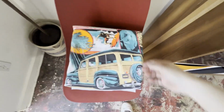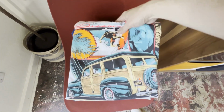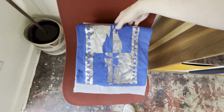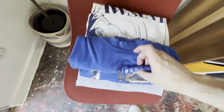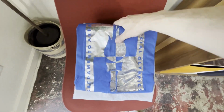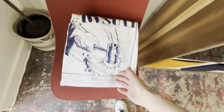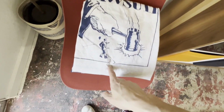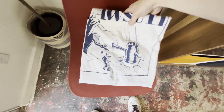Starting with the shirts, here's this California Dreamin' Woody shirt. It's on an extra large tag. It's beautiful, 90s, awesome. And here's an extra large Sacramento Special Olympics 1994 25th anniversary, beautiful, shiny, weenie patina. Here's that lawsuit shirt. It's an extra large. It's got this hole in the front and a hole in the back, but super cool and weird,